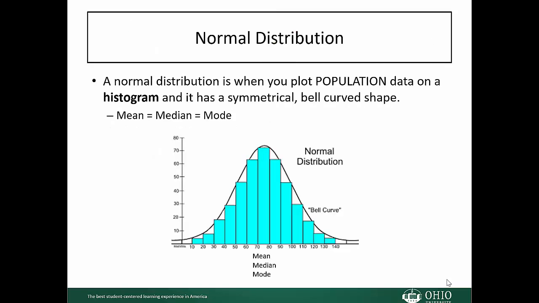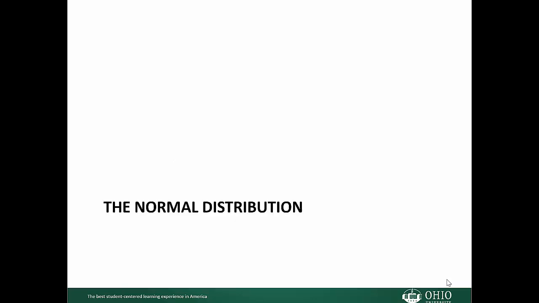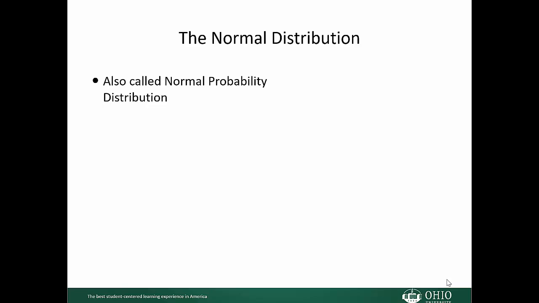Another important concept to review is the normal distribution. You may remember this from previous modules. The normal distribution is when you have population data and you plot it out in a histogram and it takes on a symmetrical bell shape. And the mean, median, and mode all have the same value. Now I'm going to discuss the normal distribution, or the normal probability distribution, in more detail, specifically the three main